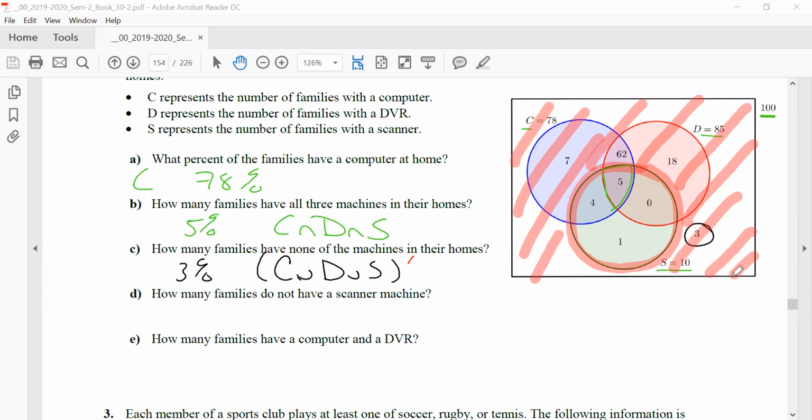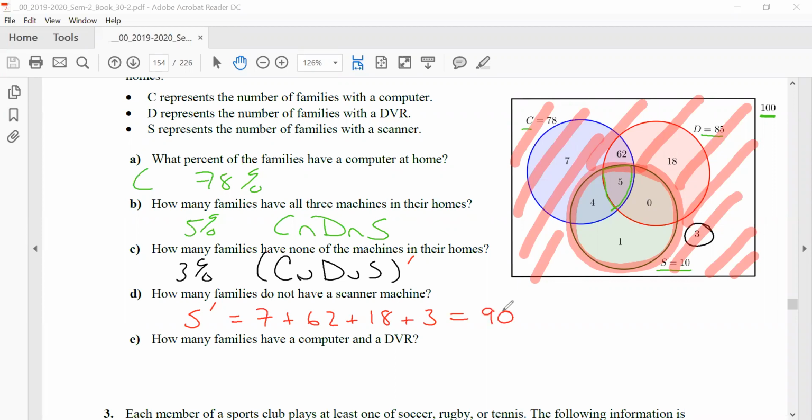So again, there's more than one way to do this. Some of you will do this in a slightly different way, but as long as we get the same answer. So not a scanner, S prime. All I'm going to do is add up all those numbers: 7 plus 62 plus 18 plus 3. What is that? 90, which makes sense